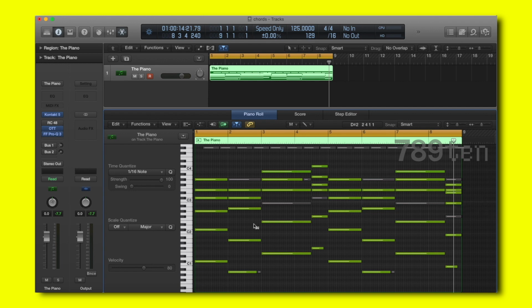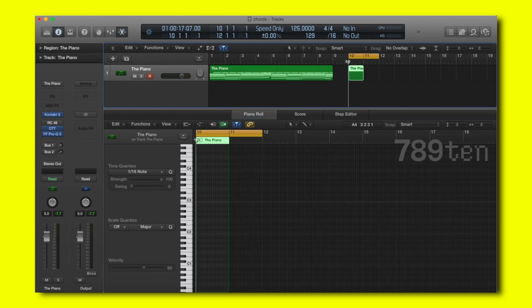The other tip, although it's really similar, is basically creating inversions of chords. Inversions of chords are nothing other than chords played differently, as in specific notes played on different octaves. So, for example, if I was supposed to draw here a C sharp minor chord and then an A chord, which sounds like this,